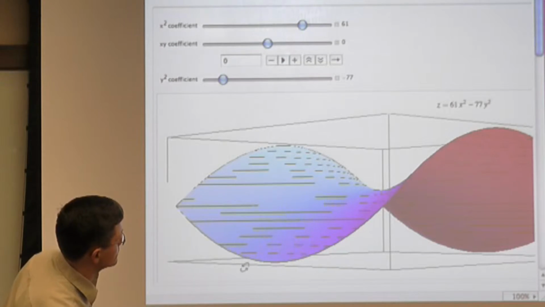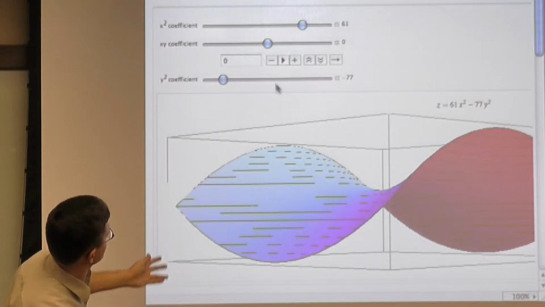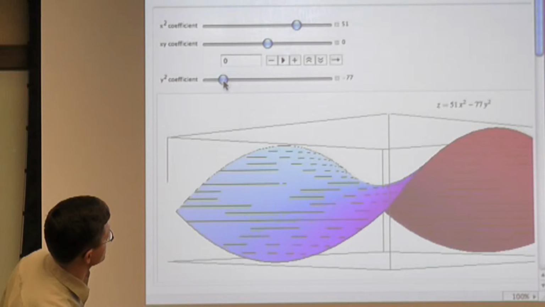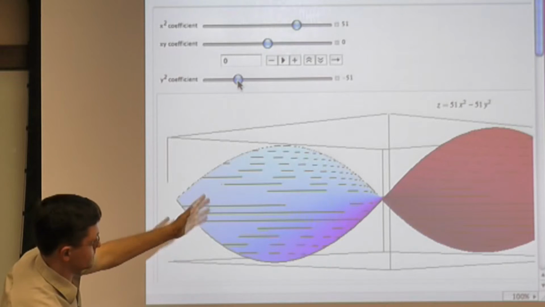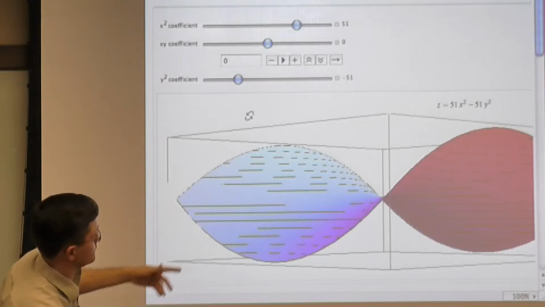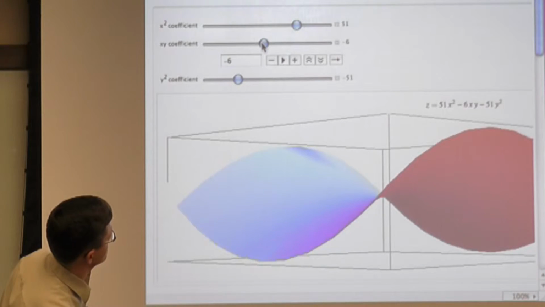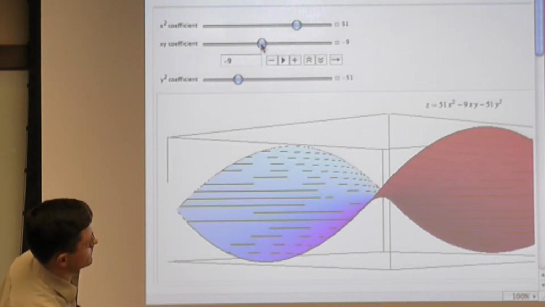And you may want to look at, I don't know how to scroll to the right. Well, anyway, this is the shape of the function, and you see if I change the coefficients, and the coefficients are still of different sign, the shape is still the same. It's still the saddle. Now, what if I add the xy? Well, it remains the saddle.